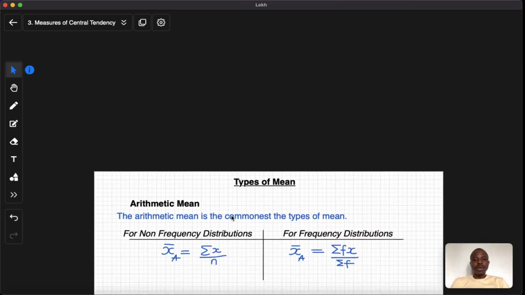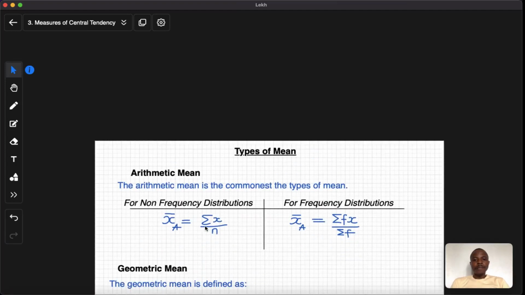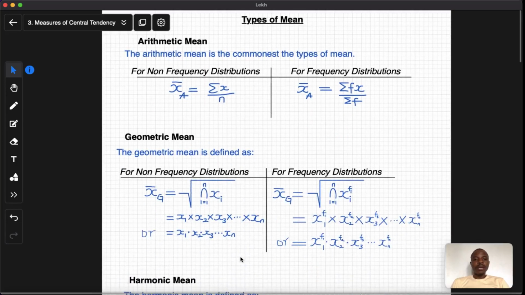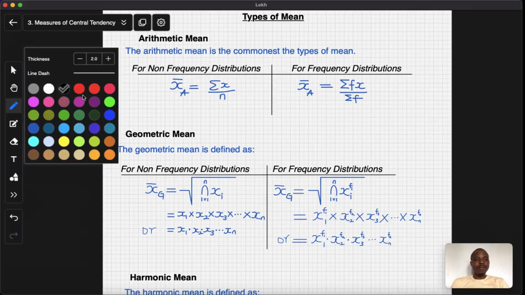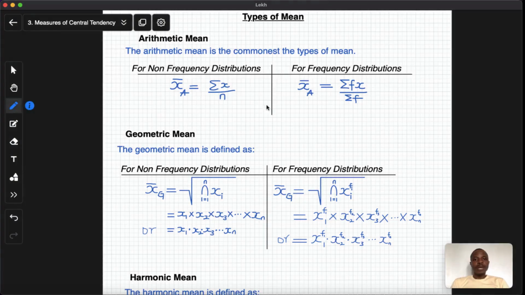It just has to do with adding everything and dividing the sum by the total number of observations. But then the geometric mean has its formula to be this. Please be mindful of the fact that this one can be used when you have